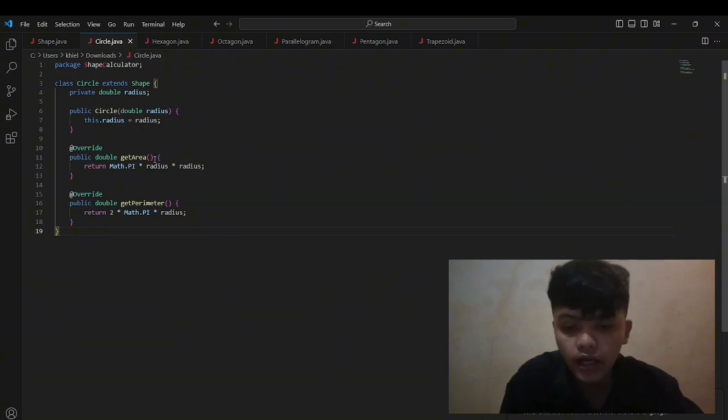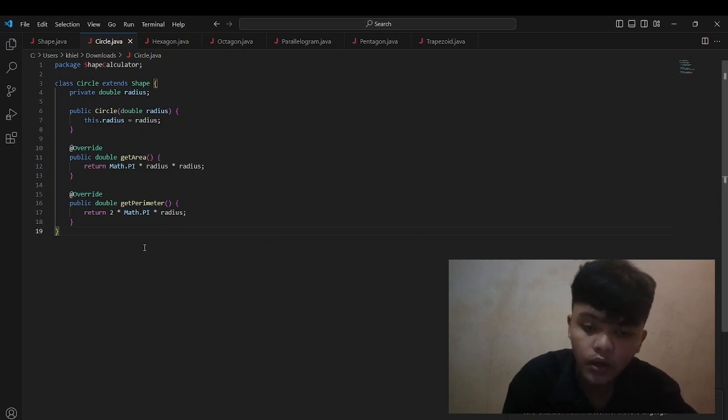Similarly, the getPerimeter method is overridden to calculate the perimeter or circumference of a circle, which is 2 times pi times radius.